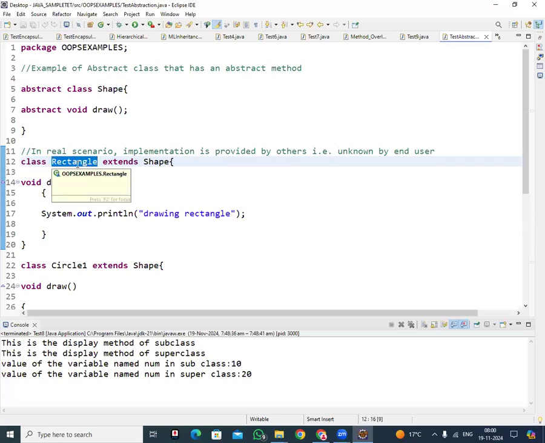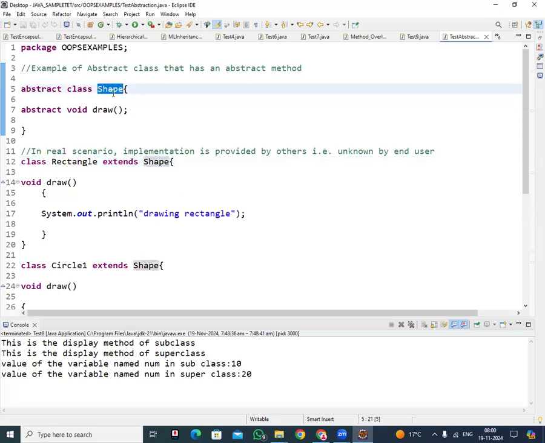Rectangle is a class name, another class name. The first class name is Shape. That is a parent class. The second class name is Rectangle. So extends is a keyword. The child class is Rectangle extends parent class Shape. That means